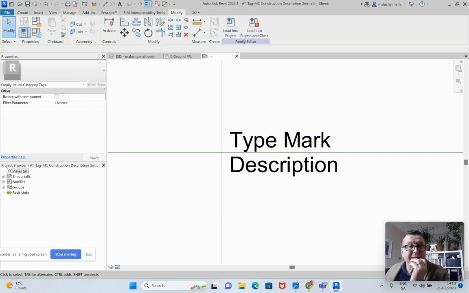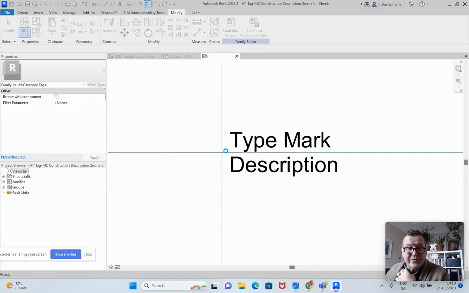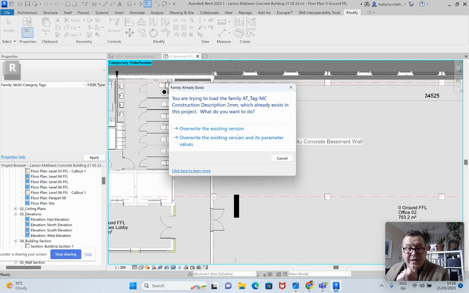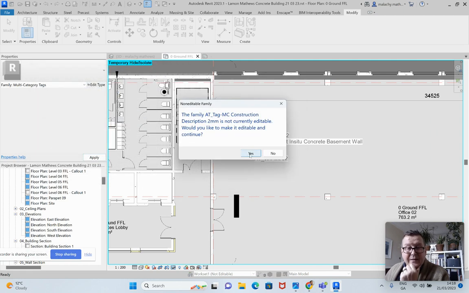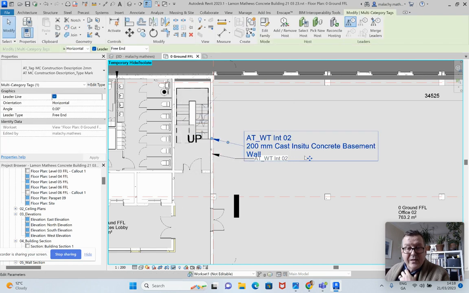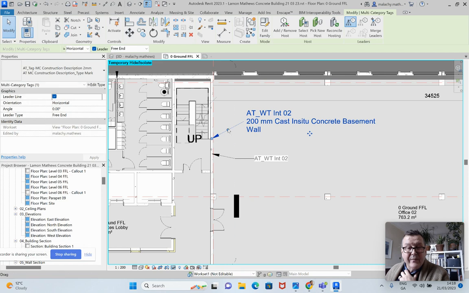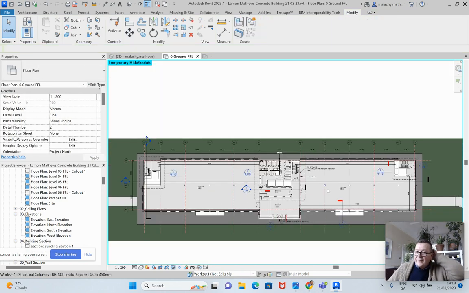So let's save this. It already exists. Do I want to replace it? I'm going to say yes. And I'm going to load it into the project. Now it's going to ask me, do I want to overwrite? And I'm going to say yes, and yes, and bang. Now, so there's that particular tag. That's gone up like so. And so it's a lot more